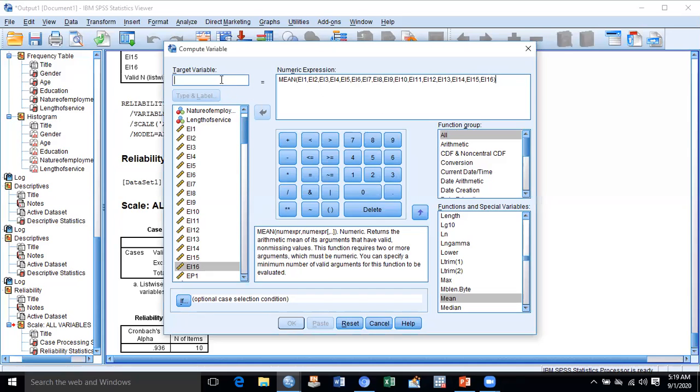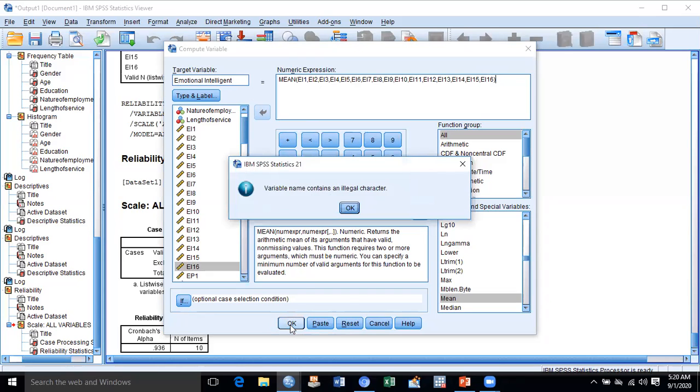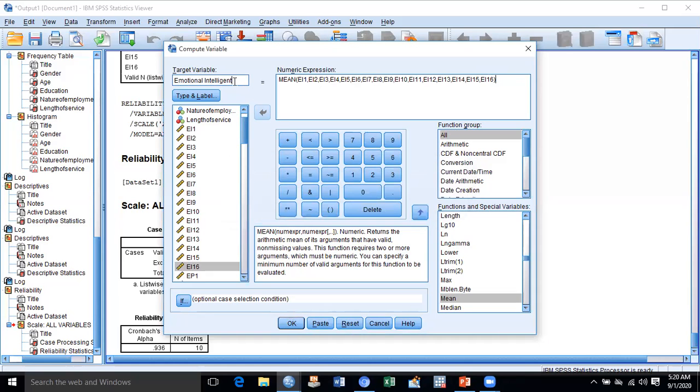In the target variable, we shall click and write its name, emotional intelligence. Okay, it is showing, and after that we shall click OK. The variable name cannot contain any space, so we shall remove the space, replace it, and click OK.